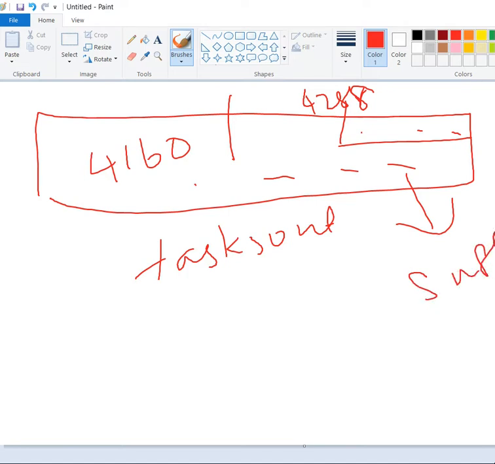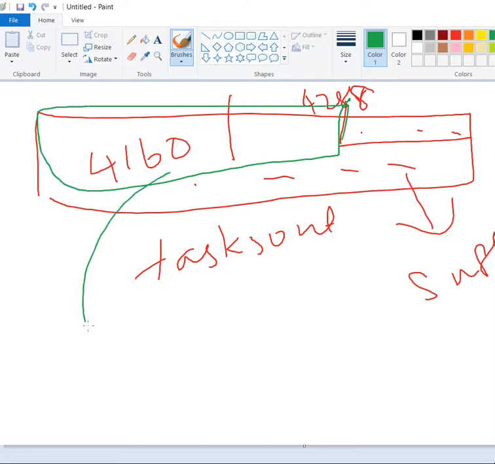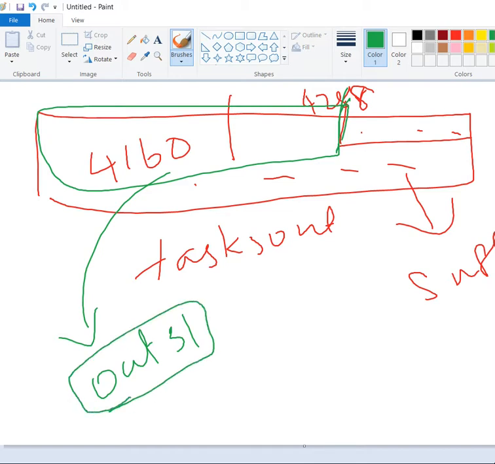Right? Now what I am going to do is replace this place completely with my out31. Instead of this up to 4288, I am going to replace it with out31. Then the suffix I am going to keep the same.